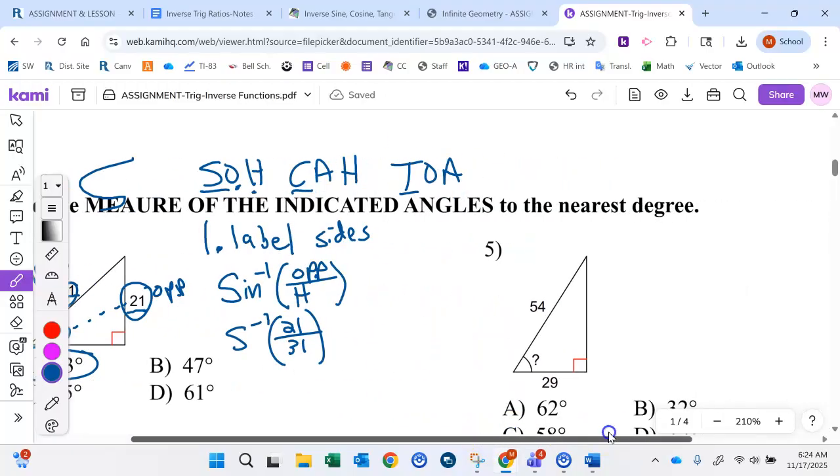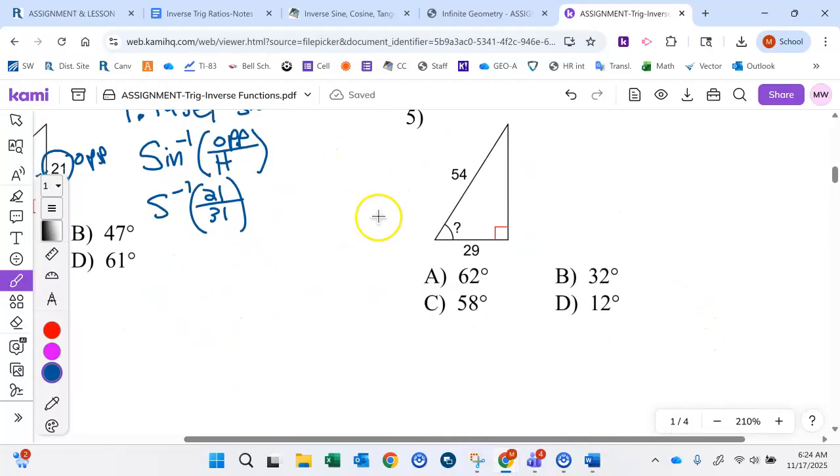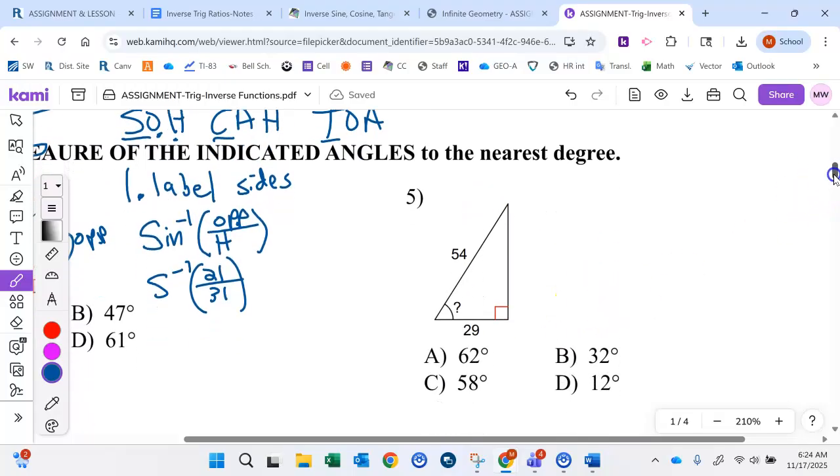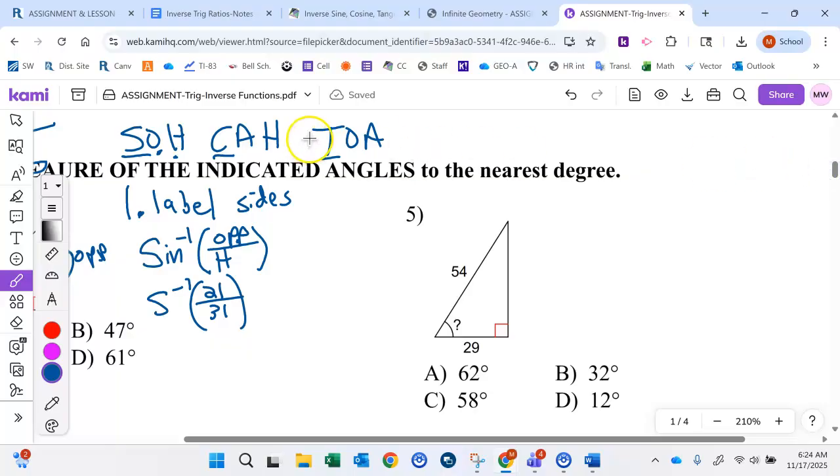Let's do one more. Let's do number 5. And if you want to try it first to see if you think you know how to do it, go ahead and do it. And I'll pause the video and I'll come back and show you. Okay, so let's look at number 5. So here's the angle. So that's number 1. Let's label the side. So the side, this is going to be opposite,